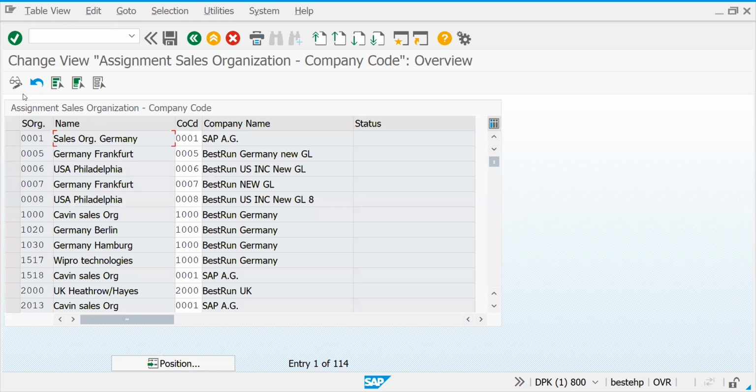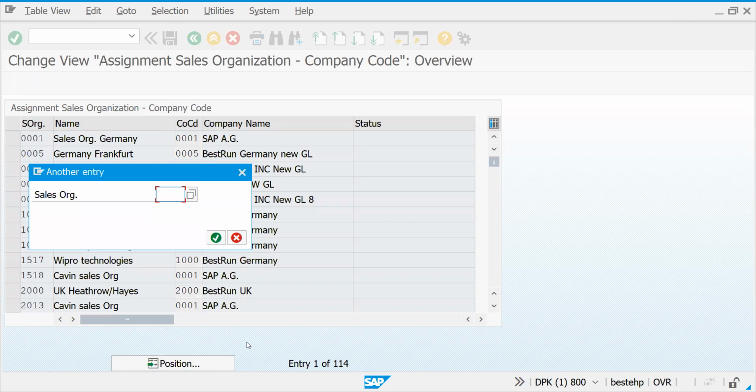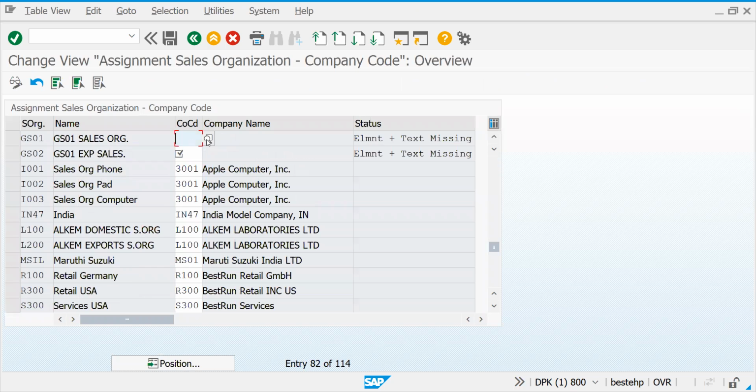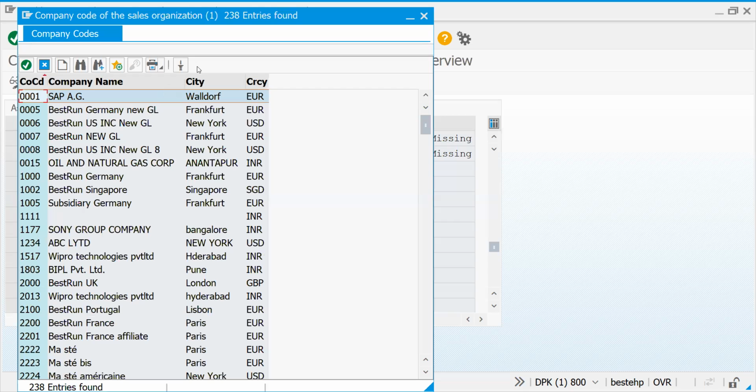Let's go here. So let's try to check our sales organization GS01. So here we are assigning the company code GS01.